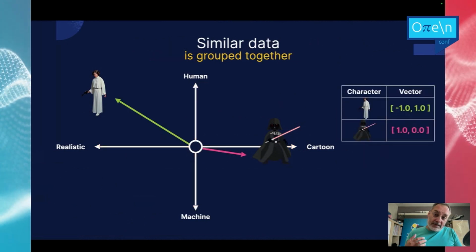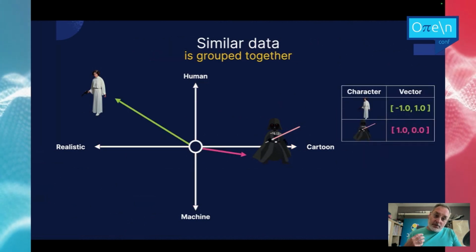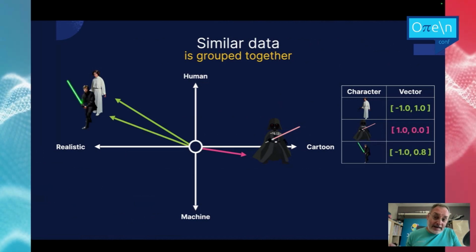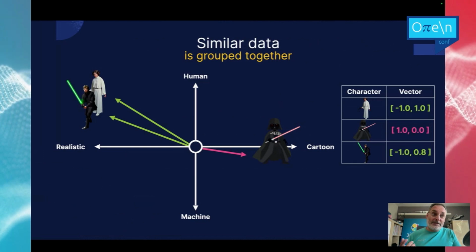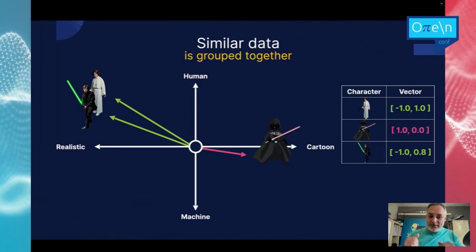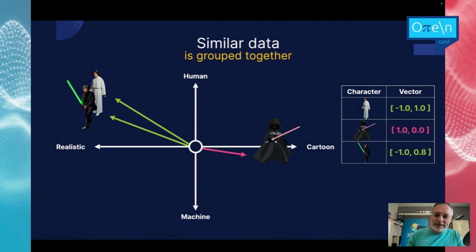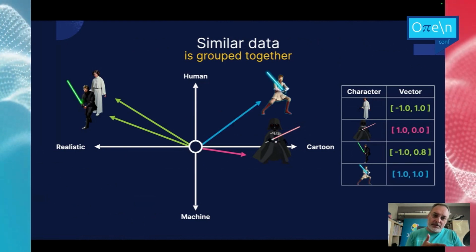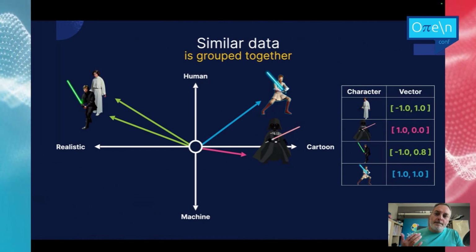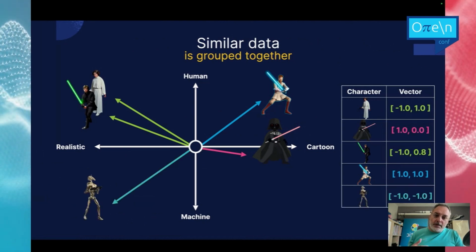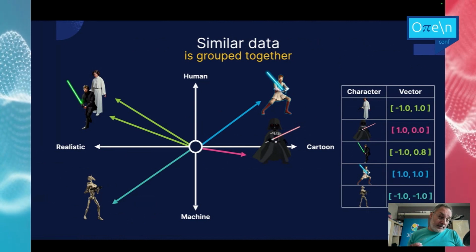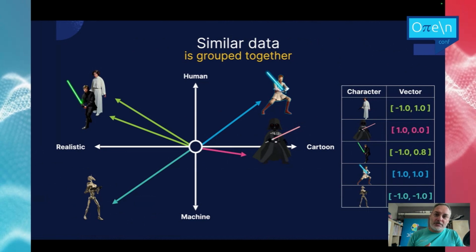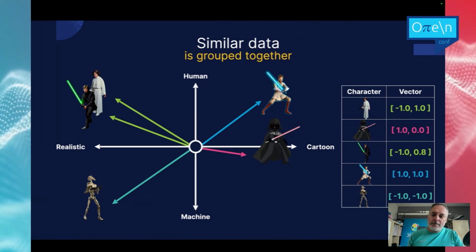The goal is to put all the data in this space, which we call the embedding space. For example, let's add Luke Skywalker. He lost his hand, which is why he has 0.8 as human; he's not totally human. Then we have Obi-Wan Kenobi as a cartoon, for example, and these are his coordinates. Same thing for a machine. This is what we have, but not only with two dimensions. You can think of many more dimensions, thousands of dimensions, for example.